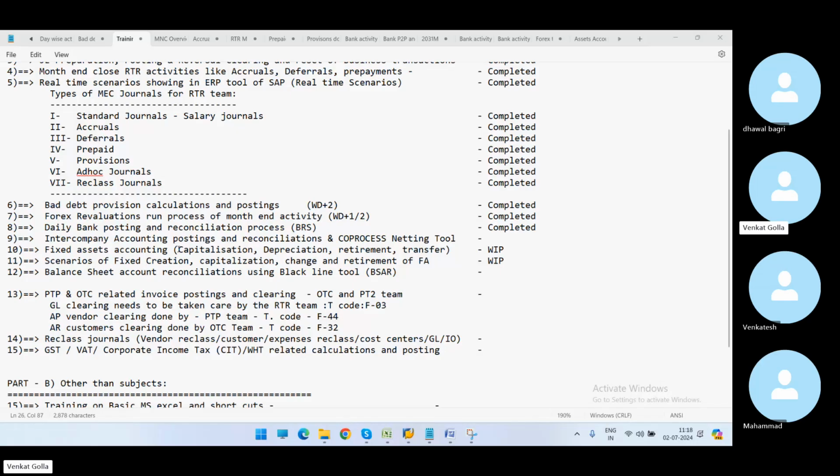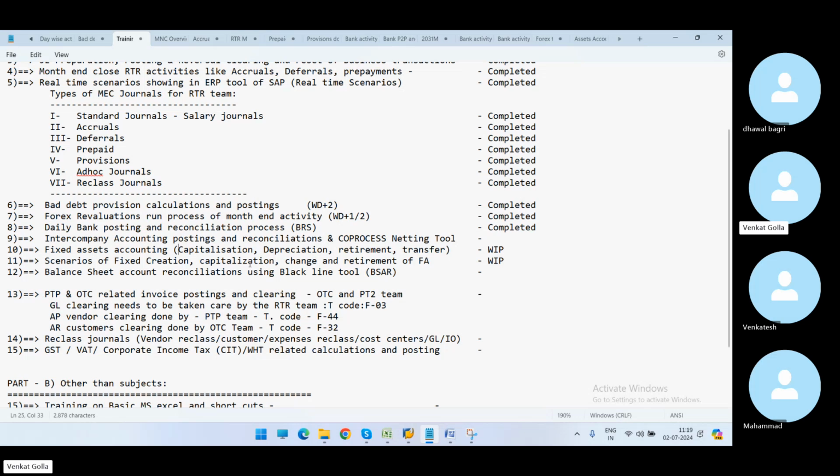So now we are going to start with the topic named fixed asset accounting. What is the meaning of fixed asset accounting? How important are fixed assets in an organization? How are we going to do capitalization, creation of the asset master data, and when do you need to do the capitalization,